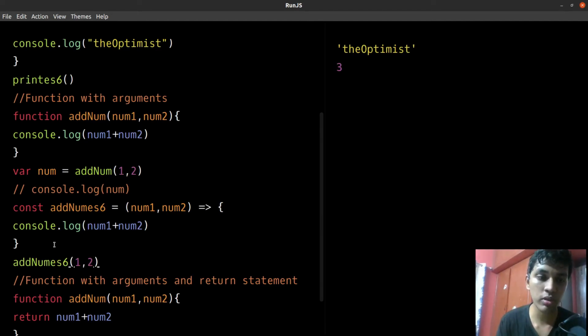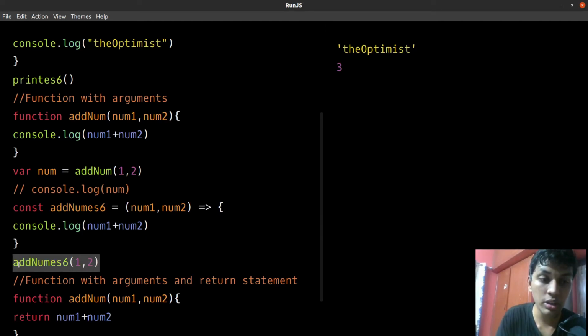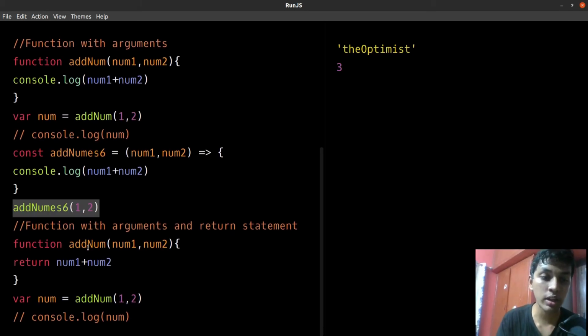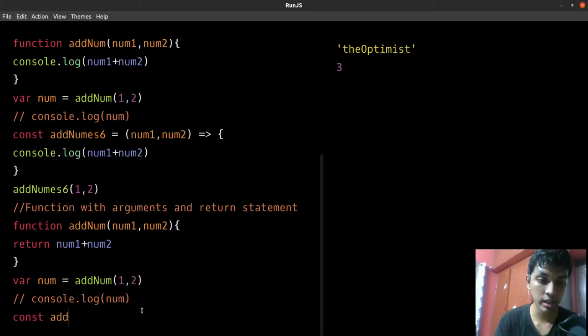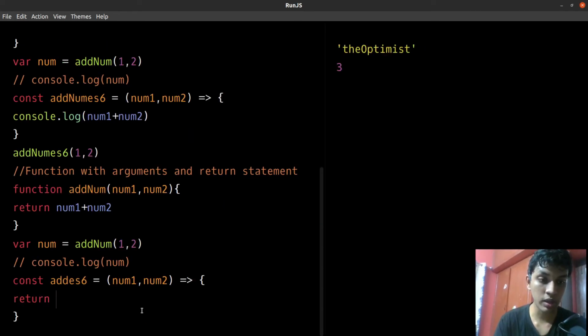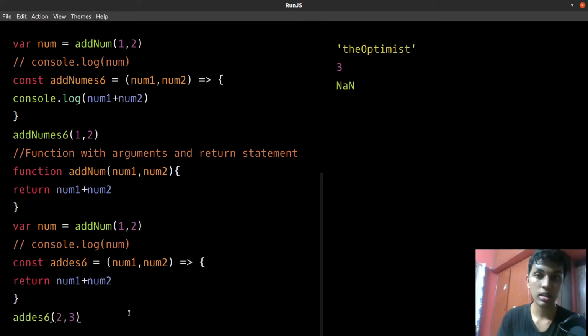Let's also break this down for clarity. We have a function name here, and we declare it using const, and then we pass in our parameters over here, and then we use the arrow symbol, and then inside our curly brackets we add our code, and then call the function as we do for a regular function. Alright, let's move on to function with arguments and return statement. Let's declare our function const addES6 equals parenthesis num1 num2. Let's write our arrow and curly brackets. Let's just say return num1 plus num2, and let's call our function addES6 with 2, 3,